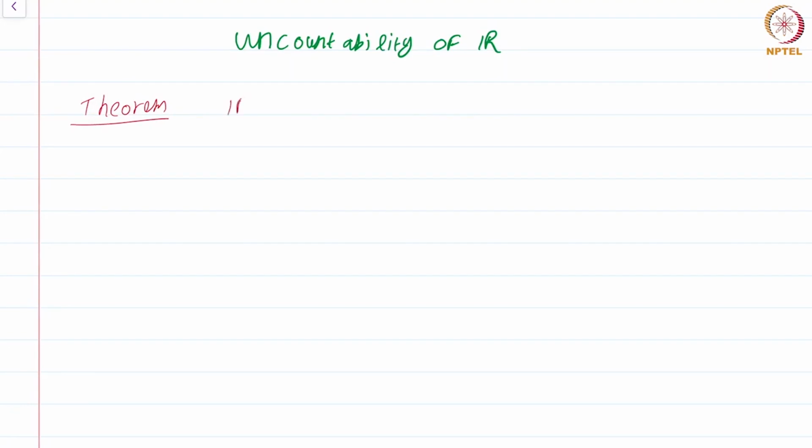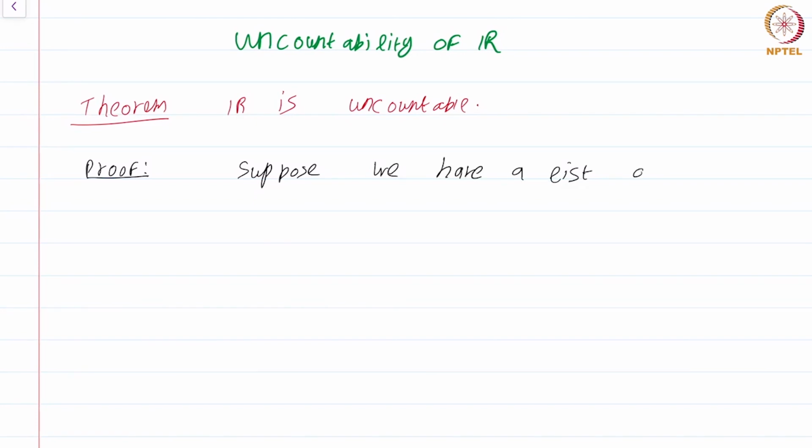R is uncountable. Statement is simple enough. Let's prove this. Proof. Suppose we have a list of real numbers S1, S2, S3, so on. Okay. Let